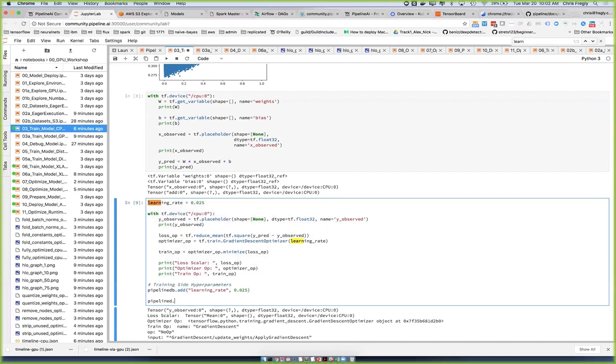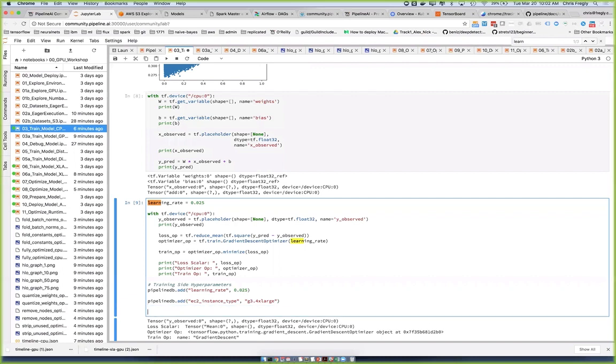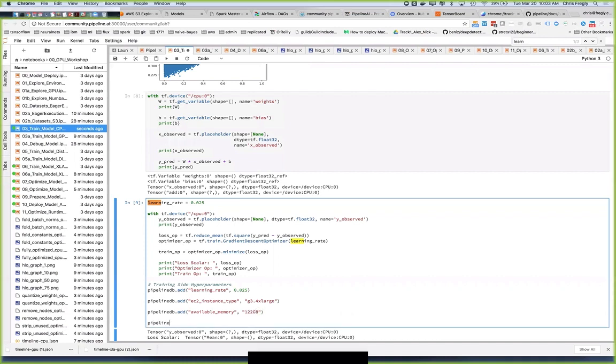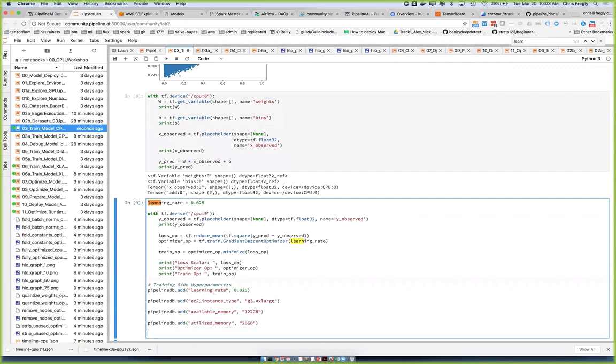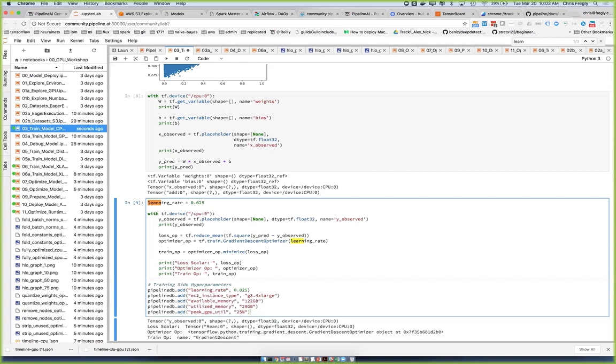You would also say pipeline DB add, and it would be like EC2 instance type, and it would be, what type is this? This is the G3 4xlarge, pipeline DB available memory, and it would be, I think this one is 122 GB, pipeline DB add utilized memory. And this is things that we're going to automatically pick up for you. So let's say it only used 20 GB. Pipeline DB add would be GPU utilization, peak GPU util. That would be 25%, something like that, right? So that's on the training side. But now keep in mind that there's